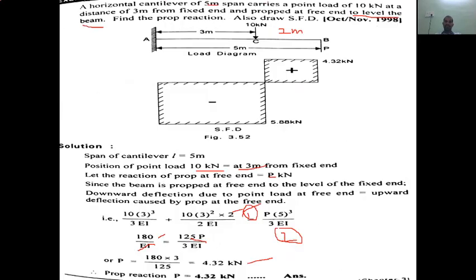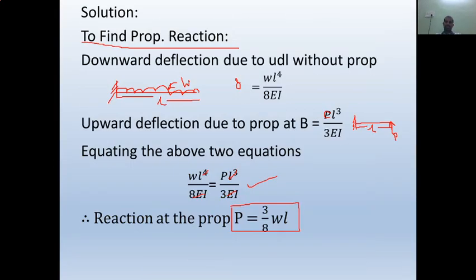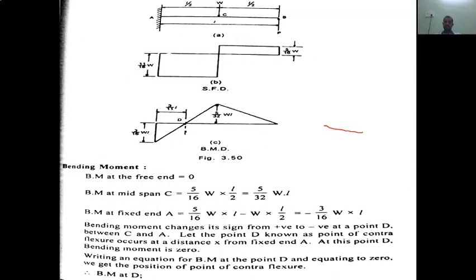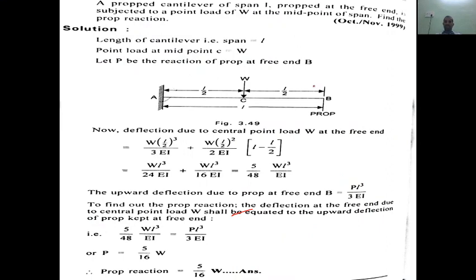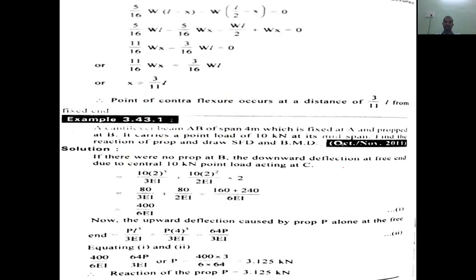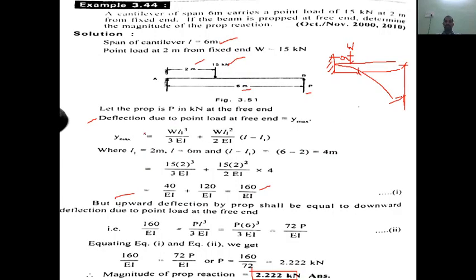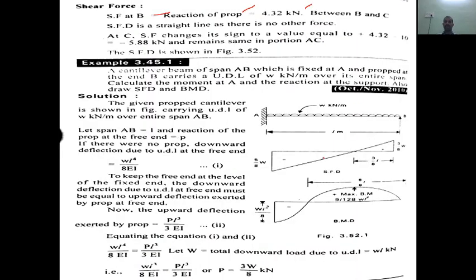So these are the problems we have covered today, and let us go back and revise the different problems we have discussed. From here, this is a standard case wherein a simple point load is acting exactly at the center point of the propped cantilever. This was also discussed in an earlier class. A cantilever beam subject to eccentric point load, and this is also the same case, a cantilever beam carrying eccentric point load. The next one is also the same eccentric point load case.